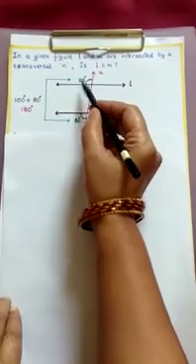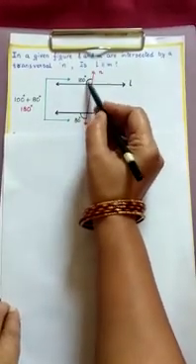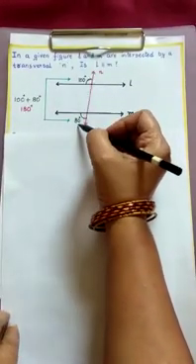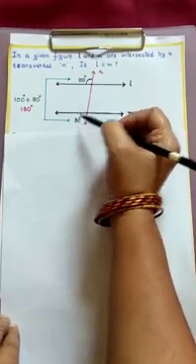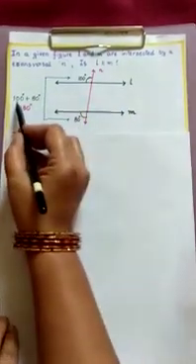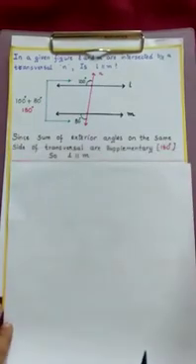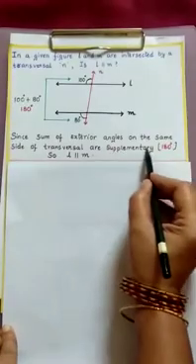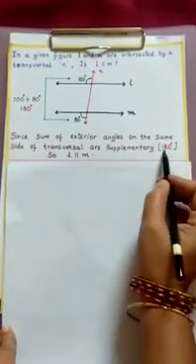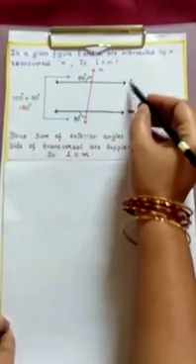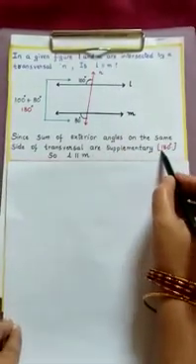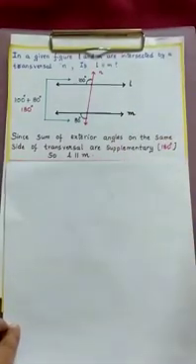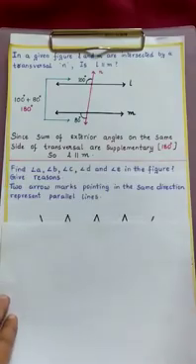Now what are the angles given here, children? Two exterior angles are given, 100 degrees and 80 degrees. So what is the condition we have? If you add these two angles, 100 degrees plus 80 degrees, we got 180 degrees. It means that the sum of exterior angles on the same side of the transversal is supplementary. If they are supplementary, we can say that L is parallel to M. If you did not get 180 here, they are not parallel. Now let's move to the last sum.